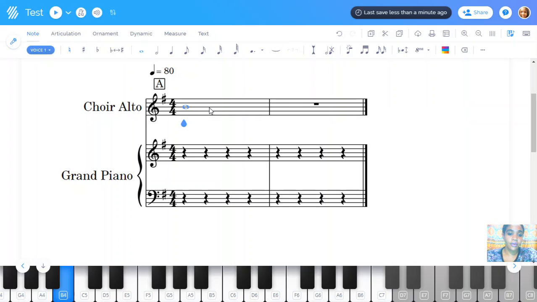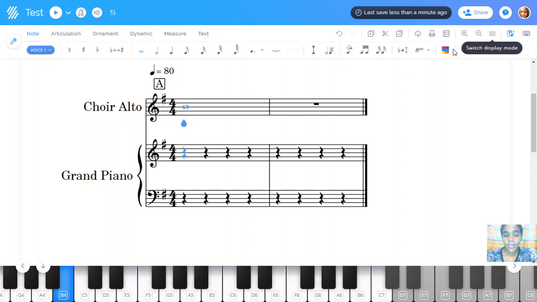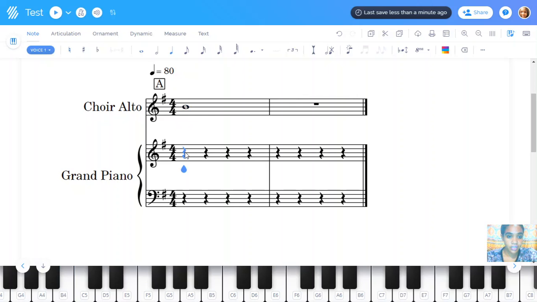So when I go up and go down. If you're not seeing this virtual keyboard below, you can access it over here. Now the good thing about the keyboard is that it helps you to pick out notes sometimes. So once you change your rhythm pattern for your rest here,